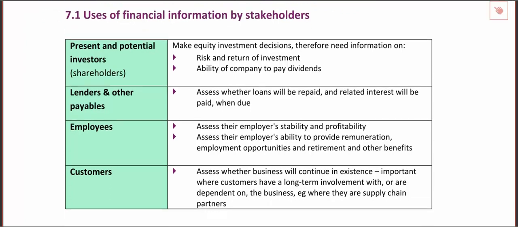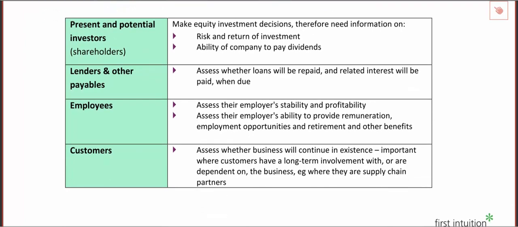So again, we've got our list here of our different stakeholders. So you've got people like shareholders, you've got your employees, over the page you've got suppliers, and so on. And we've got here the types of information that they're going to need. So I'm not going to go through all of them, I'll just pick a few out, but make sure you've had a look over here. And once you understand the different stakeholders, it's then relatively straightforward to think about what information they're going to need.